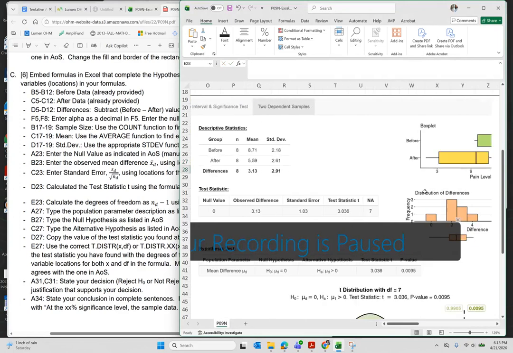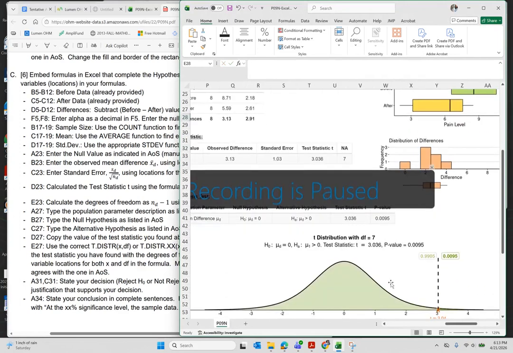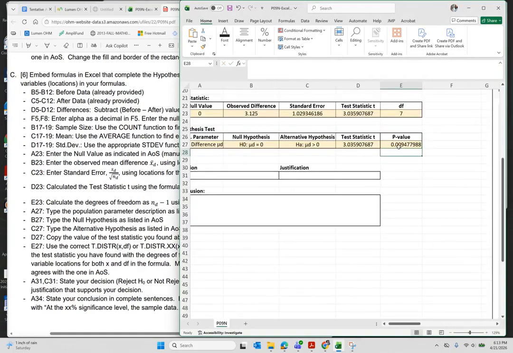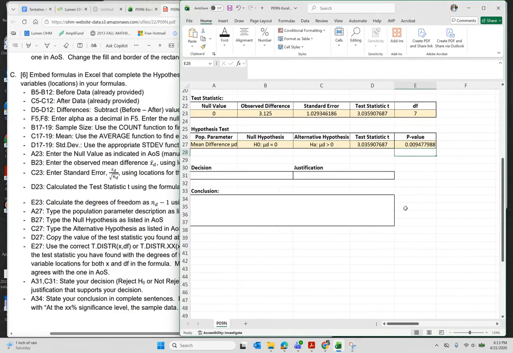So again, let me double check that I have done everything according to what artofstat said. Artofstat said that the p-value is equal to 0.0095, and I found a p-value of 0.009477988, which would correctly round to 0.0095. So I have a p-value that is very small. So the p-value is less than alpha,